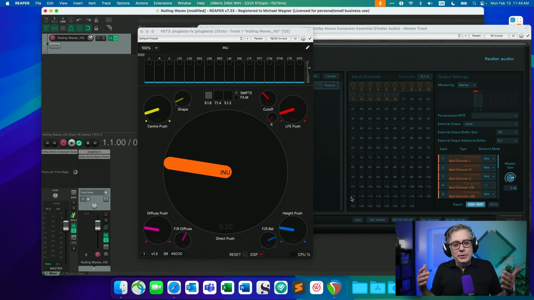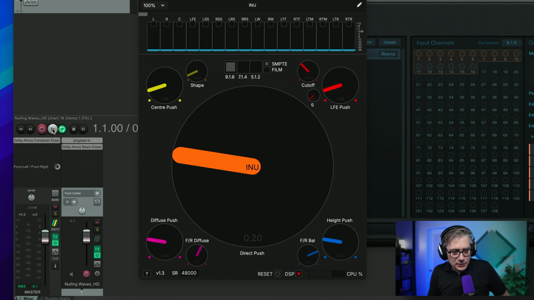And that also means that everything that I'm going to do in the plugin here, you're not going to actually hear. In order to really understand what's happening, you need to look at the meters here, and the meters will tell you where we are going to move the audio towards. Are we going to move it to the front, to the back, to the top, to the bottom? That's only visible to you via the actual meters, and you're not going to hear much of a difference in the stereo fold down. So let's press play.